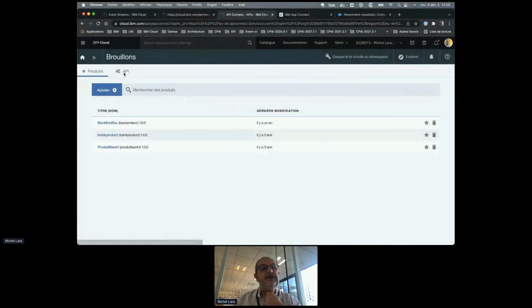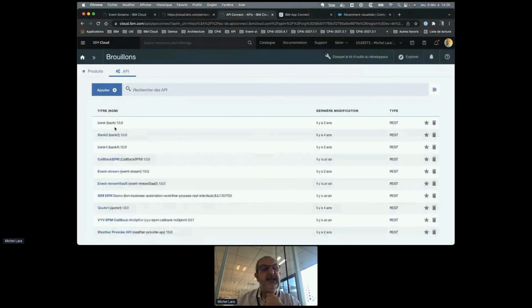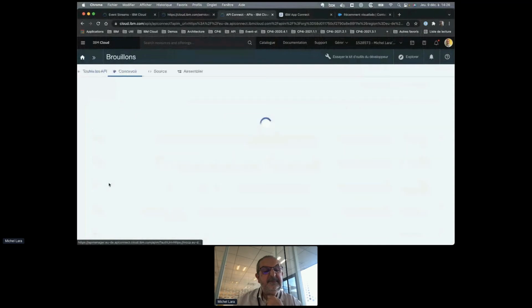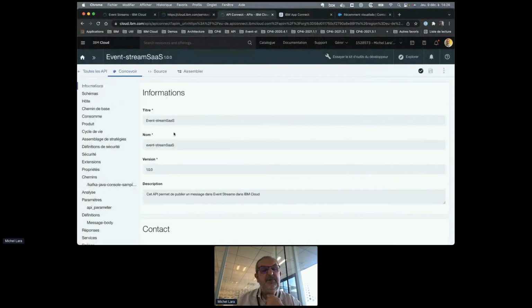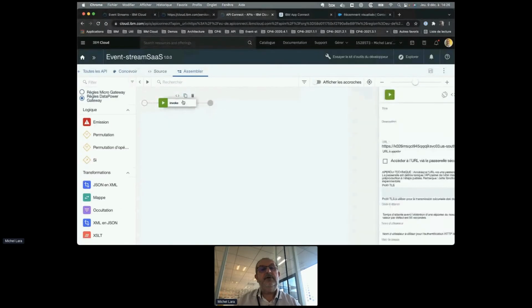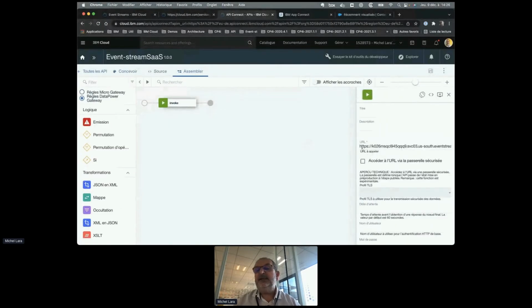In this solution, I create an API here to post on Kafka, just to have a proxy and not reference directly my Kafka broker you saw previously. If I see the invoke, you can see here my endpoint is my Kafka broker with the same name you saw previously.